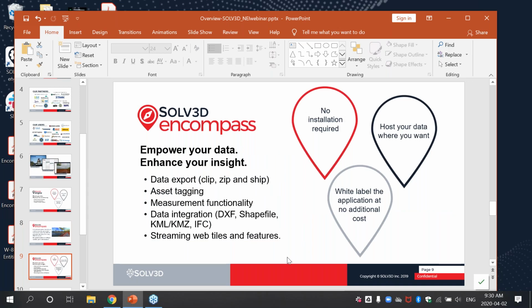So a little bit about the functionality in the application. Again, completely web-based, just need a browser and you can bring together multiple types of geospatial data sets. So whether it's panoramic images, LiDAR, various types of point cloud, whether synthesized from photogrammetric, whether it is CAD models, shape files, DXF, KML, KMZ. We also support streaming web services, so WMS, WMTS, and WFS. You can also bring in your ArcGIS Online content directly into Encompass,